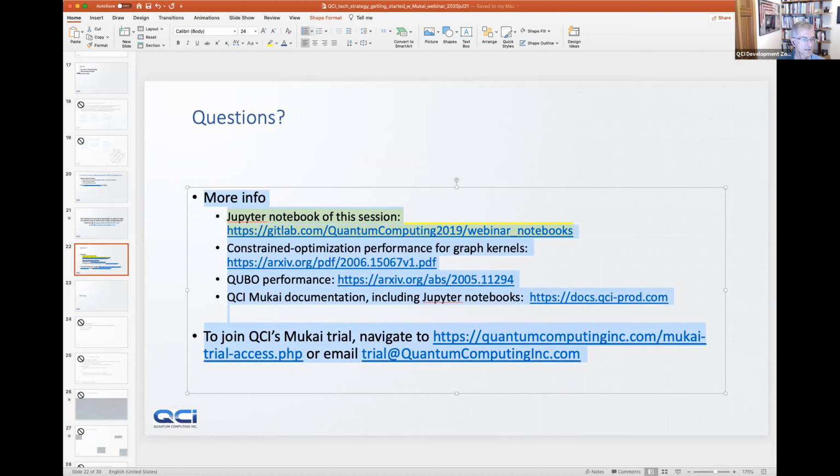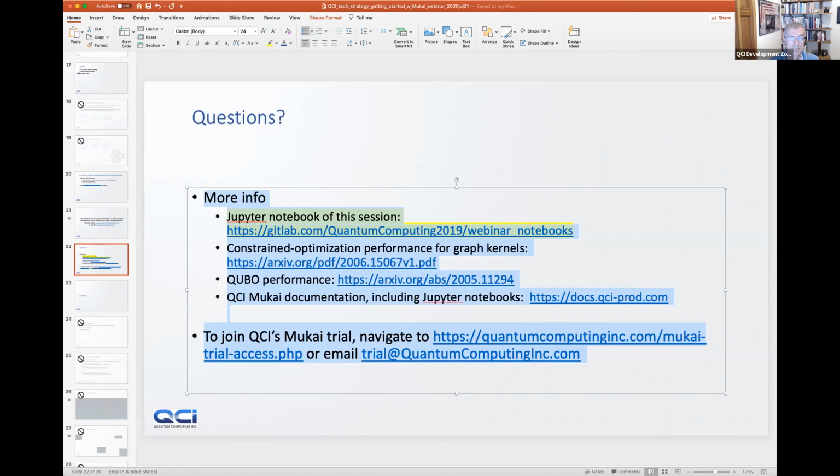Okay, so that's pointers to some of that information. There's also a question about reverse annealing: is it possible in Mukai? Reverse annealing is a processor-specific optimization, and our Mukai APIs are targeted at people developing and using applications. We would represent reverse annealing in a processor-specific lower layer that we haven't talked about today.